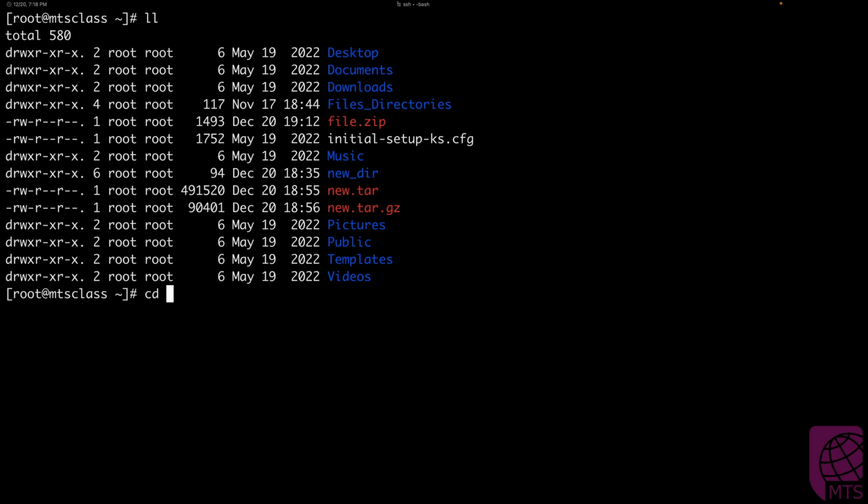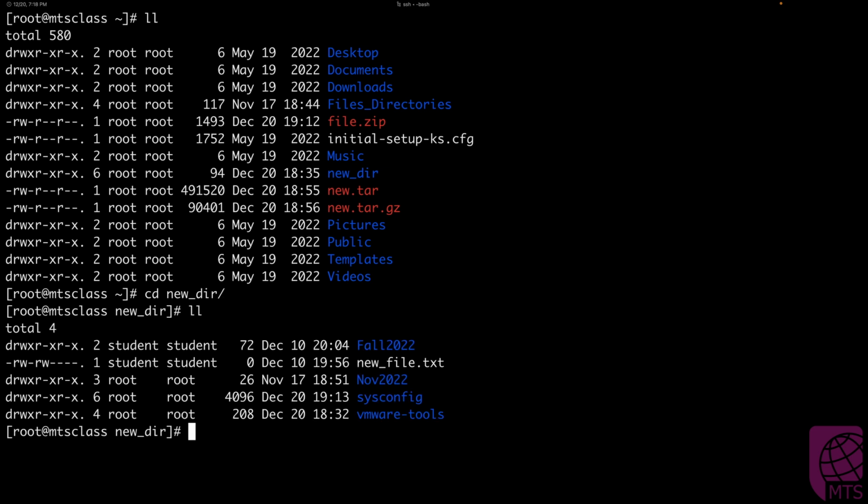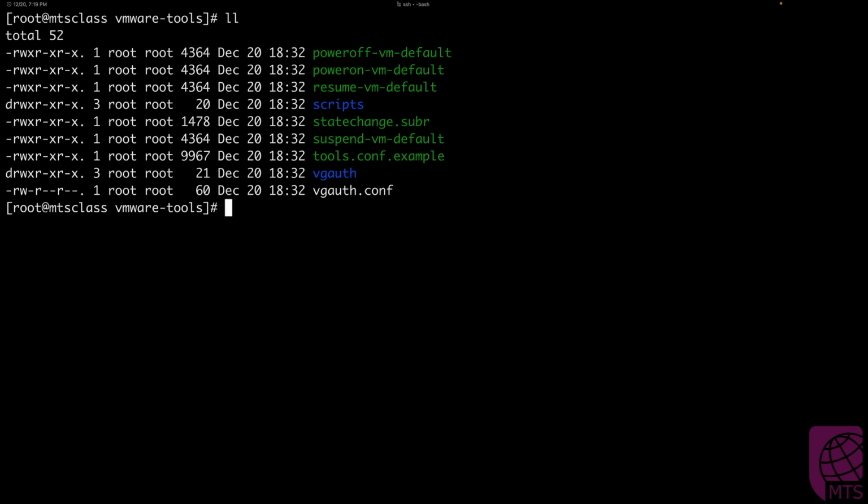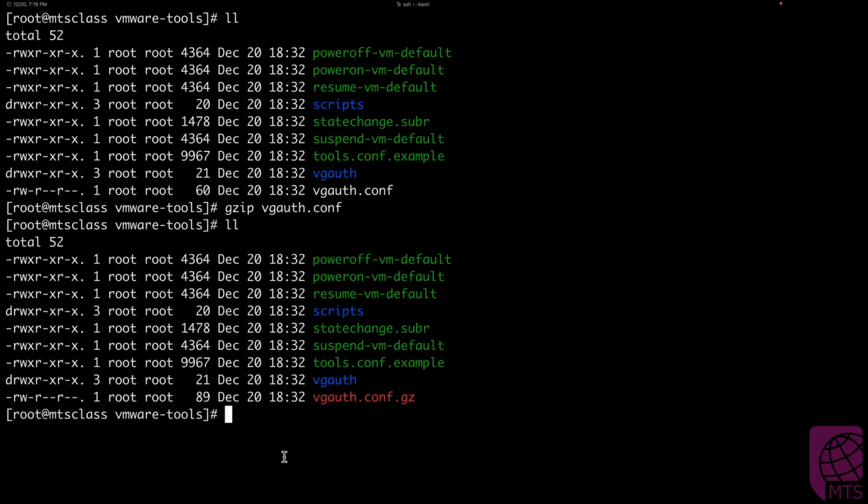So let's navigate back into the new directory. And let's navigate this time into the VMware Tools directory. Let's take a look at the vgauth.conf file. To use the gzip compression on that file, the command would be gzip and the file name vgauth.conf. If you take a look, the vgauth.conf file is now compressed into the